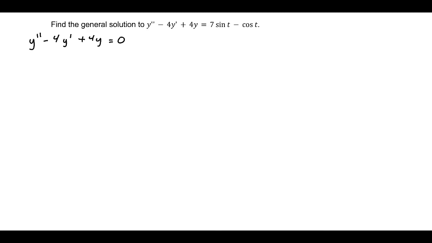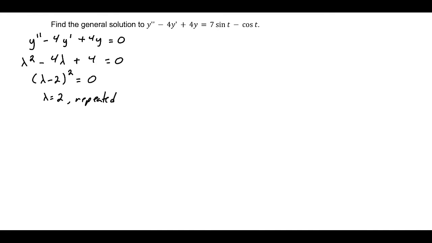The characteristic equation of this is lambda squared minus 4 lambda plus 4 equals 0, and this factors as (lambda minus 2) squared equals 0, so that lambda equals 2, and this is a repeated solution. Which means, based on what we know about the different forms for different types of solutions, that the general solution is